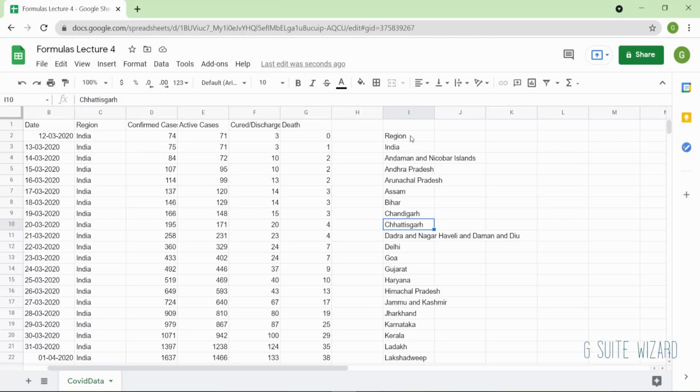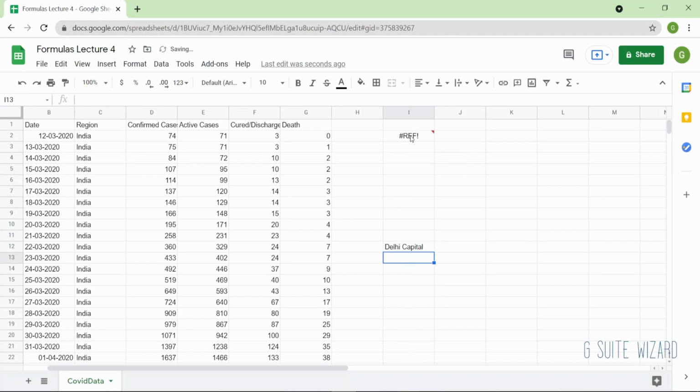So let's say if I want to change something, let's say I'll go to Delhi and I will put something in. Right? So what happened here? Right now I've put Delhi with a capital. This made the cell hold Delhi with a capital. The value of Delhi capital is there right now.